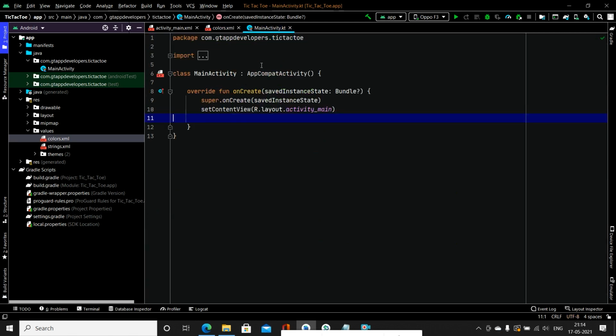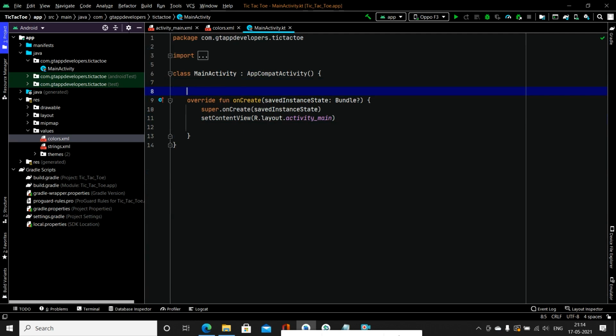So for that, we have to go to our MainActivity.kt file. Inside this, we have to create two variables for our button. Single player button.